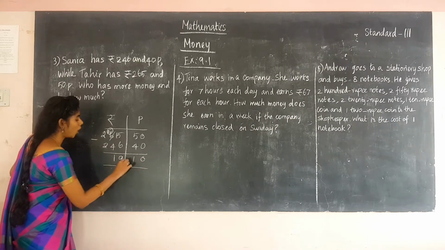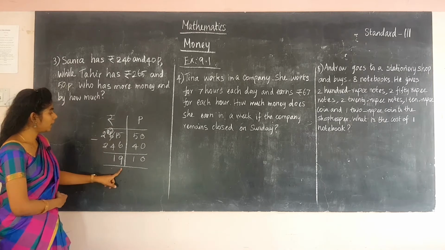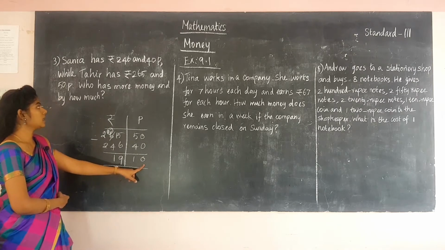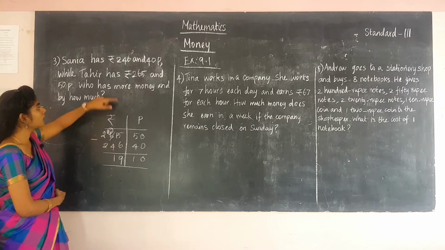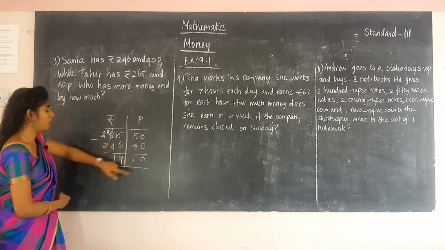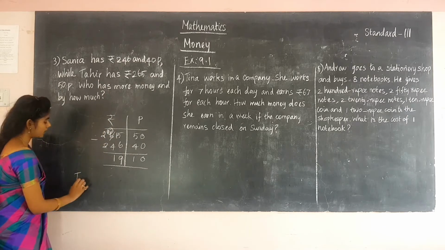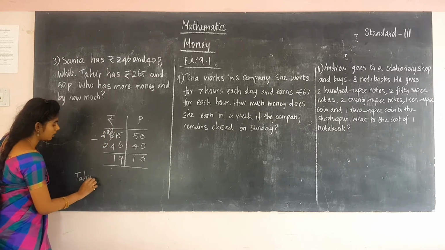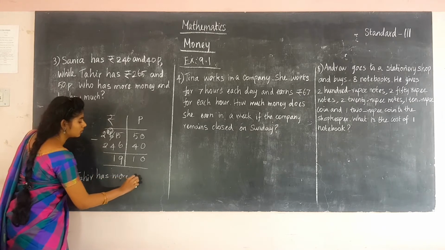So by how much does he have more money? 19 rupees 10 paise. So the amount he is having more than her is 19 rupees 10 paise. So Tahir has more money. You have to write that name. Tahir has more money